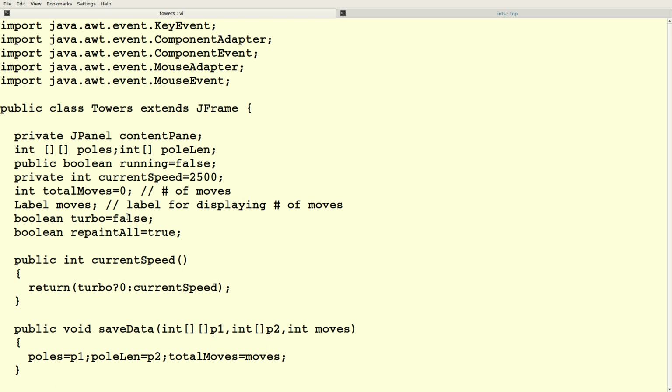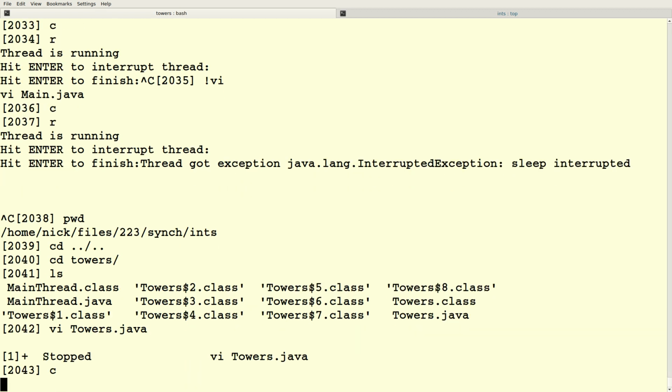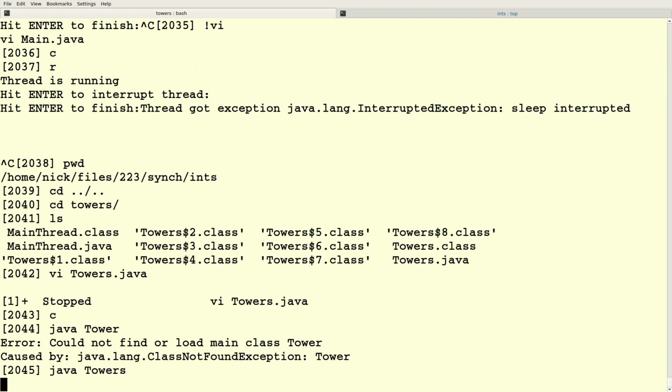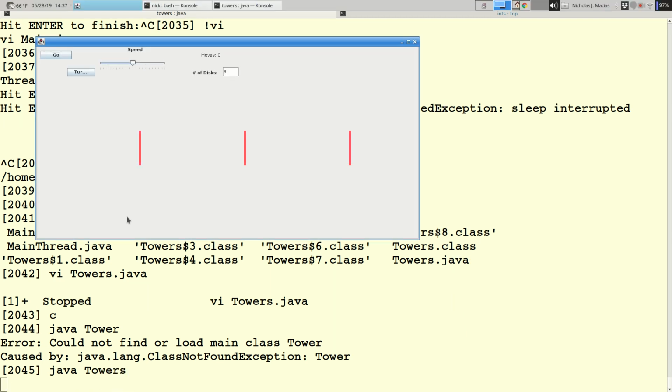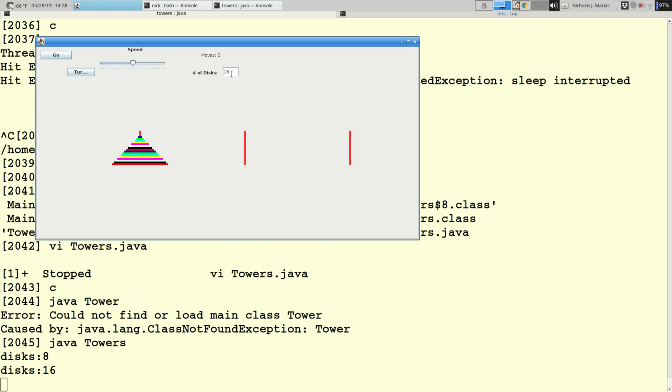And it's threaded because if I create my main thread and I say run, I get my display, and I can put in the number of disks is 8, or I could do 16, and so on.